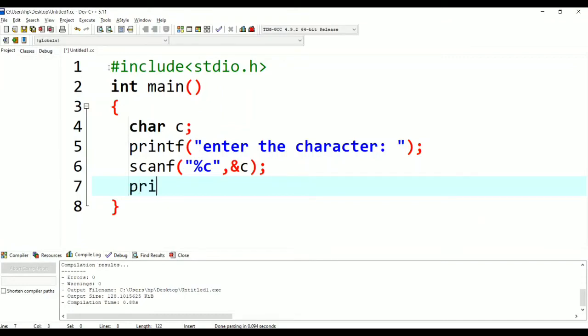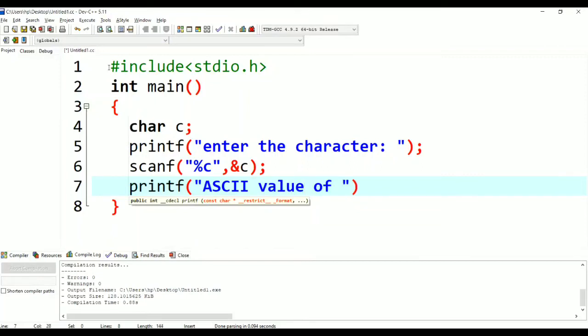By using this printf: ASCII value of %c equal to %d, comma c, comma c. Why have I given this?